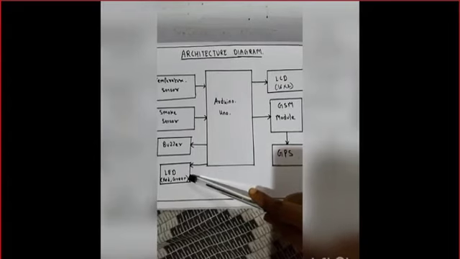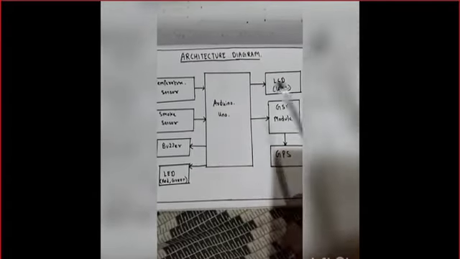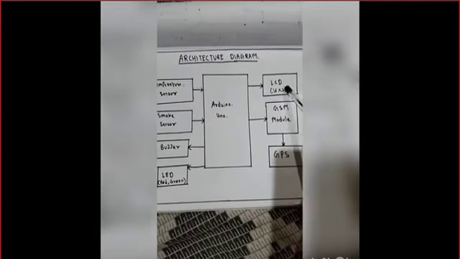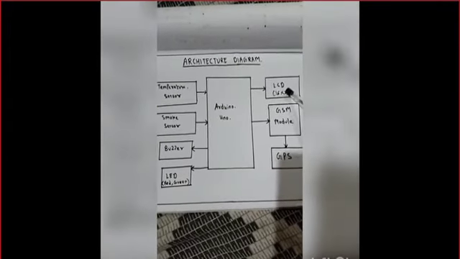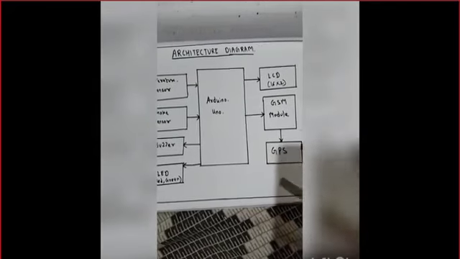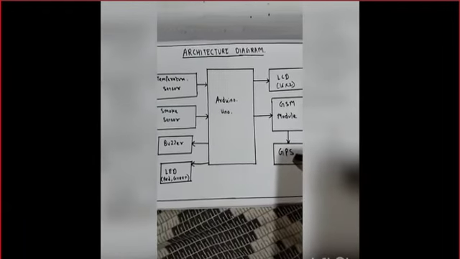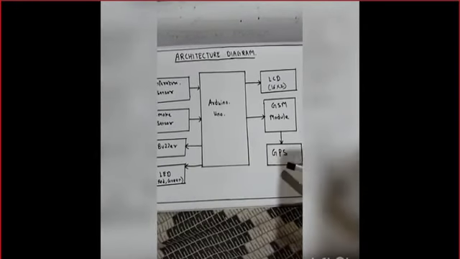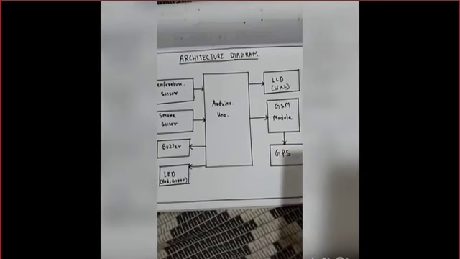Then this message will be sent through GSM, and through the GSM module, the driver will get to know about the fire accident. There will be an LCD display in the driver's compartment which will display the compartment that got affected by the fire accident. And we will also have GPS, through which the nearby fire station will get the alert message, and the fire brigades will come. They will vacate the passengers and take the necessary steps required to stop the fire.